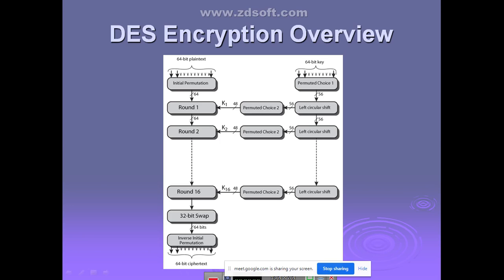We have seen how exactly the initial permutation is done. Permutation is nothing but rearranging the terms. Here they have numbered the bits from 1 to 64 and those are all rearranged in the table. That is the initial permutation. Then there are 16 rounds. Each round has the same structure, right? That means they have the same type of functions, like substitution and permutation. Then you do the 32-bit swapping, or exchanging of the two halves. Then you do one more permutation, which is just the reverse of the initial permutation. After that you get the 64-bit cipher text.